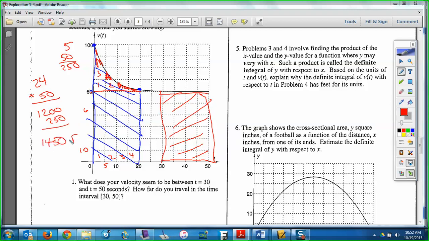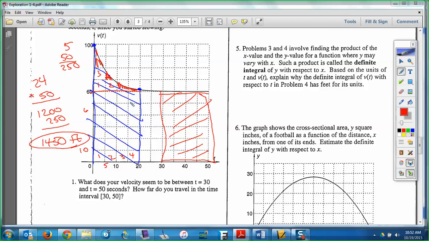I mean, clearly we traveled farther, right? It's the same 20 seconds. But for part of that time, we were going faster than 60, so we had to have traveled farther. But the main idea there is we understand how the area over there in the red gives the distance traveled, so therefore we can apply something old to this new scenario, which is the same thing we did with rate of change.